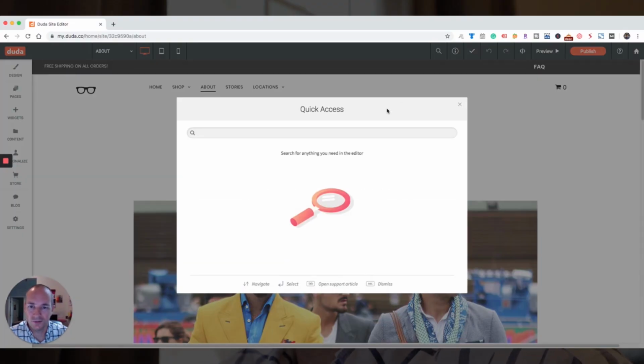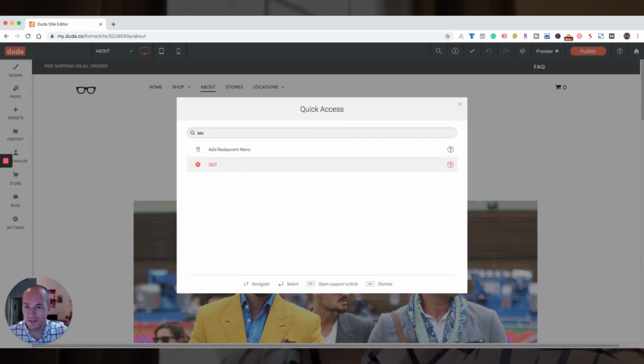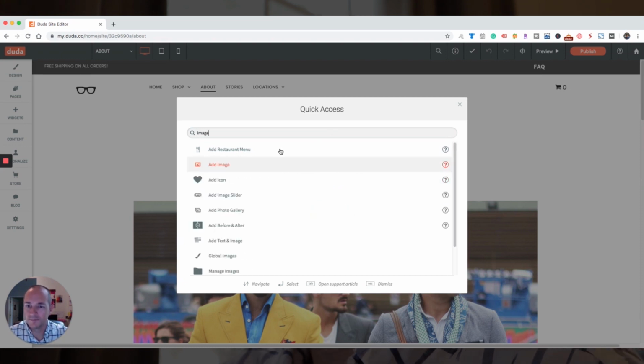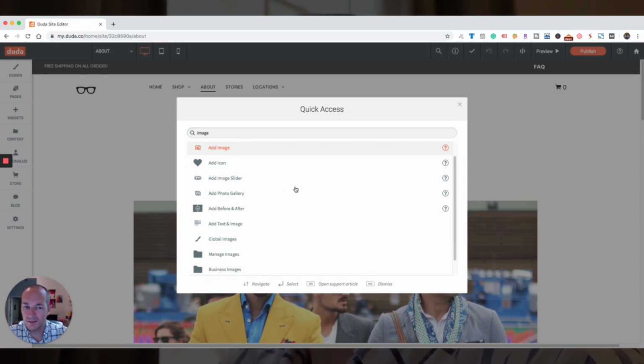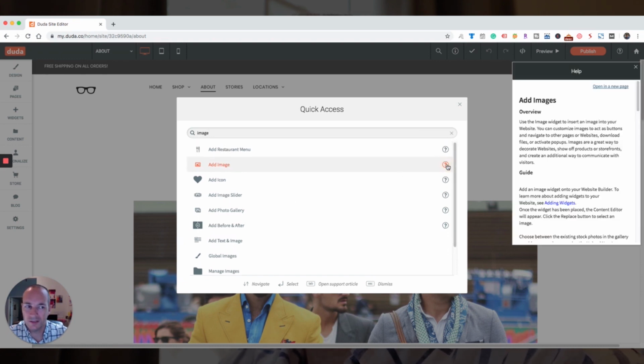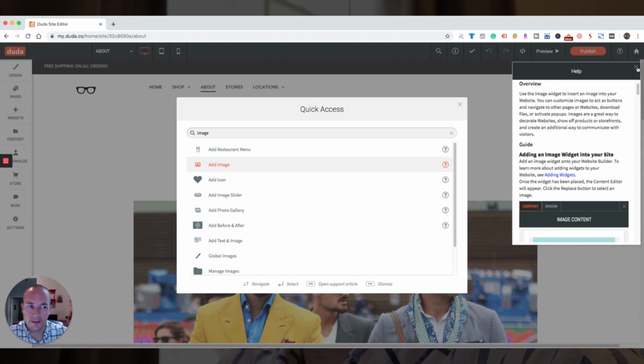This is a site search option or quick access search for anything you need to find, or you're struggling with SEO. Where do I do that? You're struggling with an image. Here's different image options here that you might be looking for. You click it, it'll actually add it right to the top area of the page, but it's a good place to find what you're looking for. A nice helpful guide.